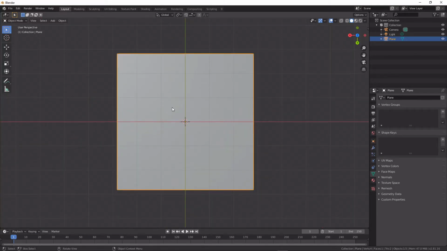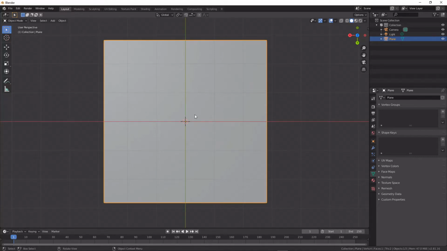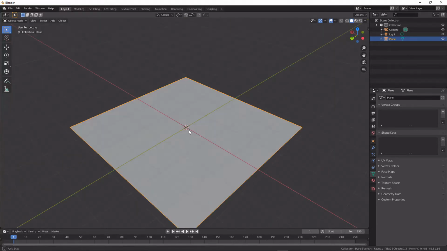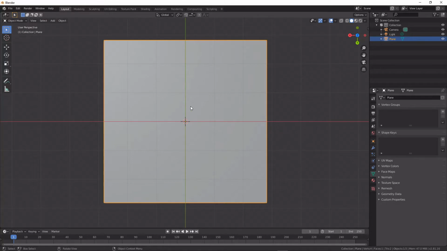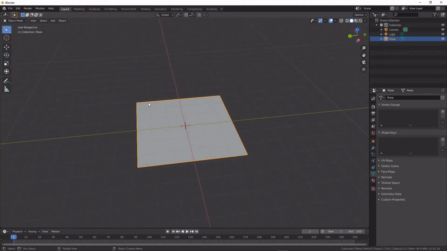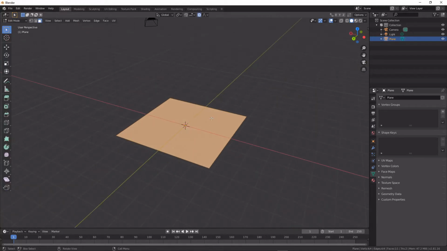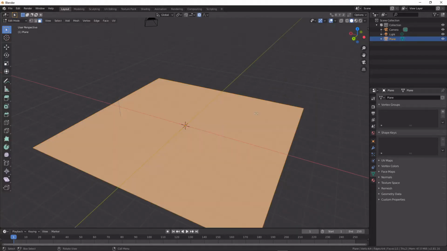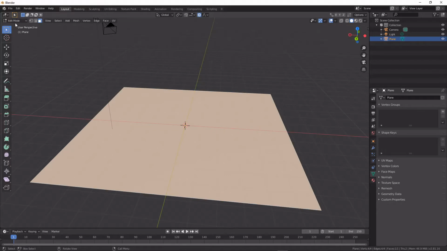Spin tool in Blender and how we use it, because it can be a bit confusing, especially if you have never used it before. So what we're going to do is we've got a plane here, and I'm going to scale it up a little bit, and I'm going to go into edge selection mode,